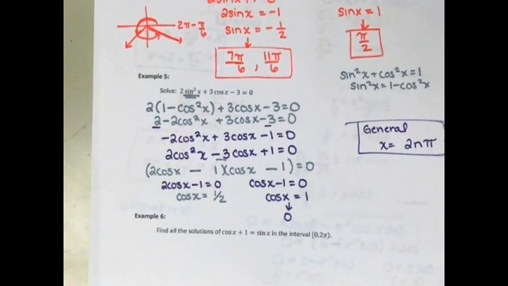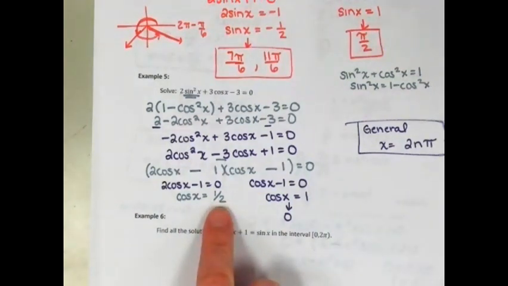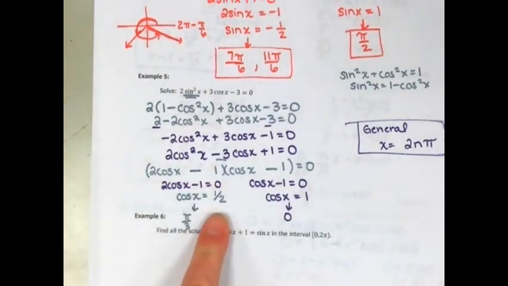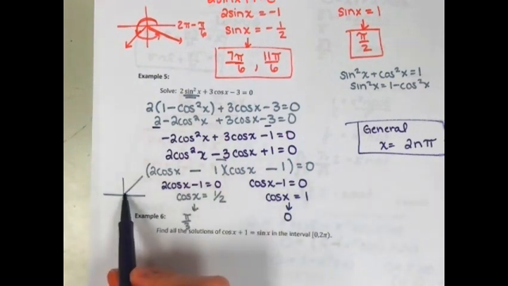Okay. So the cosine is 1/2. So is this going to be a 30, 60, 90 or a 45, 45, 90? 30, 60, 90. Now, when it was sine of 1/2, we know it was pi over 6. So for cosine, it will be pi over 3, right? So now, real quick, when cosine is positive, what quadrants are we in? So the x coordinate has to be positive, right? So wouldn't we be in quadrant 1 and quadrant